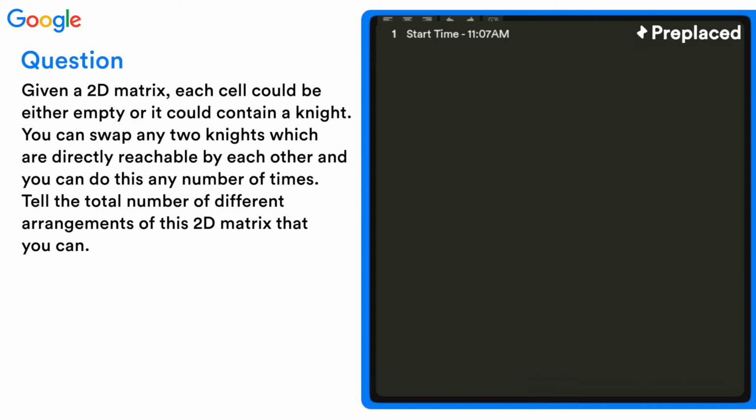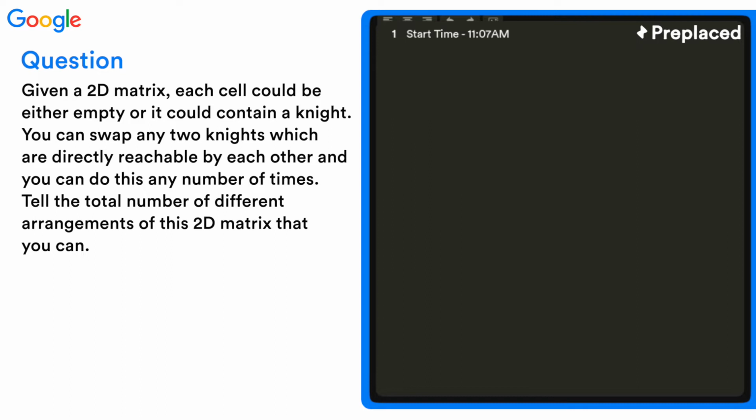There could be some different number of arrangements. The question here is: can you tell me how many different arrangements of the chessboard you will have? The only input given to you is a 2D matrix of characters, wherein every character would either be a dot or a K. The route that I could think of is I can start with 1 K,